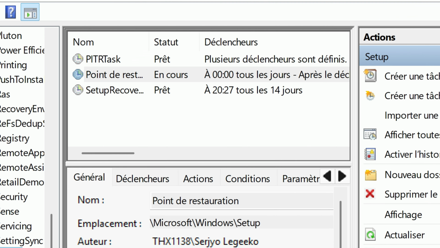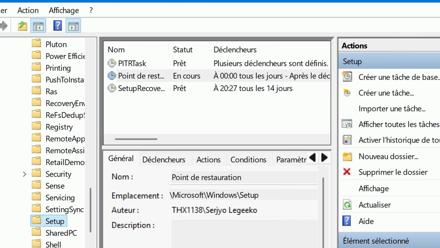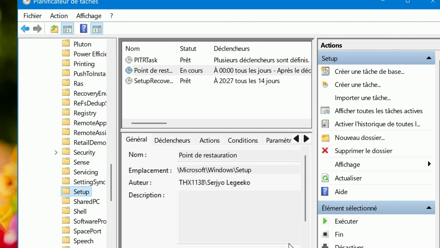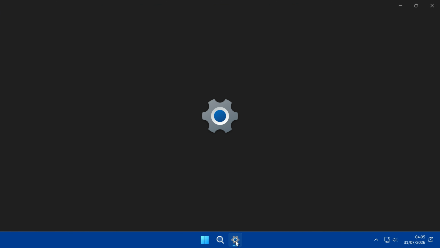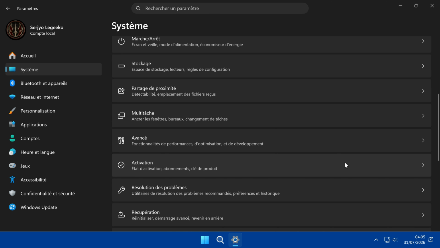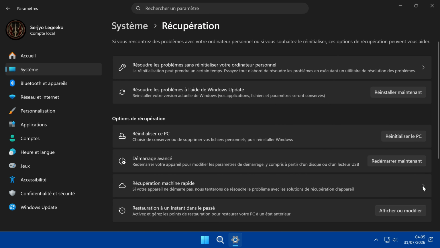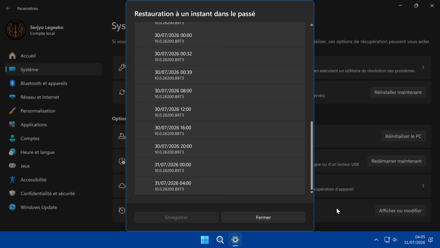As I have ticked Run as soon as possible if a scheduled start is missed, if the PC was switched off at the scheduled time, the task will automatically catch up as soon as I log in, and Windows will then run the task and create a system restore point every 4 hours instead of every 24 hours. Please note, Windows will delete all system restore points if the allocated disk space reaches its maximum usage limit. Goodbye to the 72-hour interval, but at least with my configuration, I'll always have system restore points from as close as possible to the last time the system was used, in addition to the backups made using third-party software.